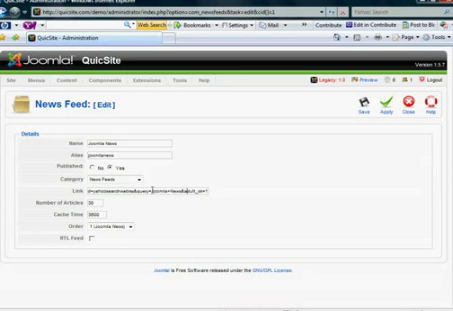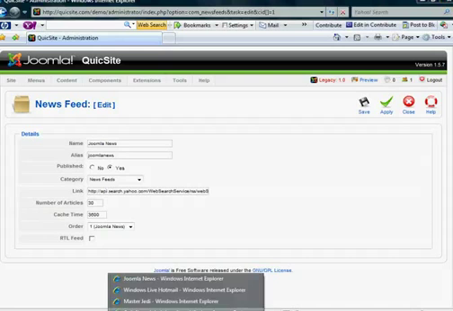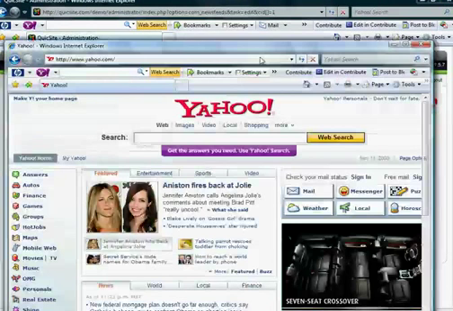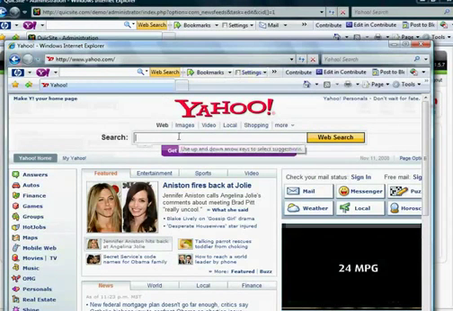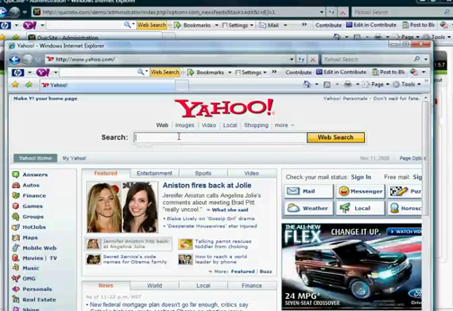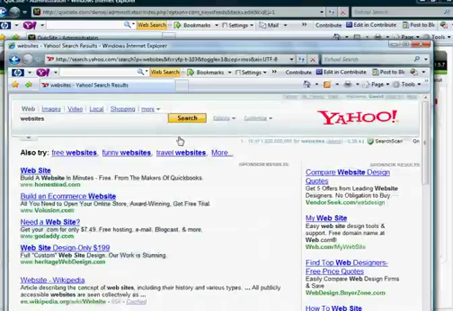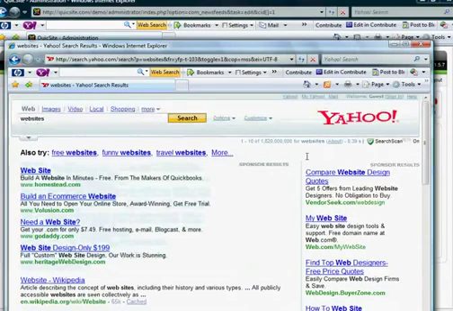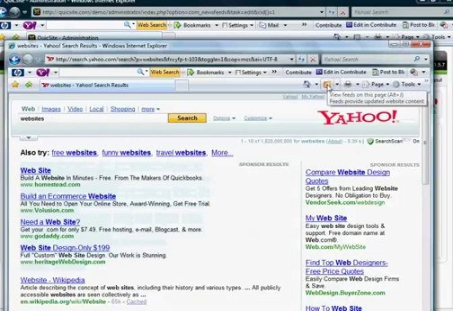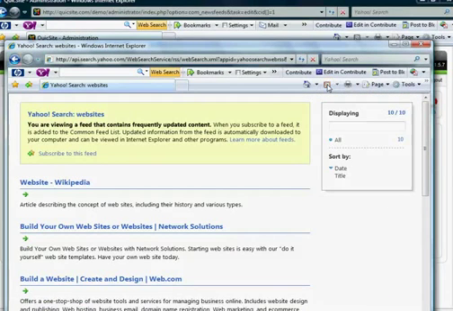Now, where do I get this link? To get an RSS feed link, I mean, there are thousands out there. To be quick about it, let's just open Yahoo and type into the search bar, websites. And you'll notice that you get all these search results, but the key thing is, depending on the browser, there's this icon that lights up, and when you click on that, it produces this link. And I'm going to copy that,